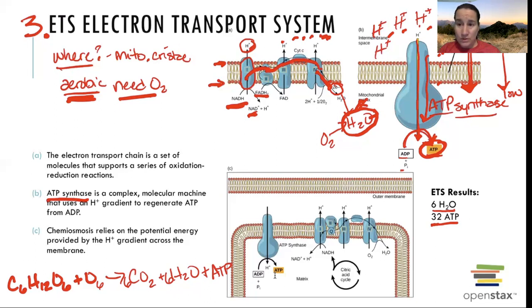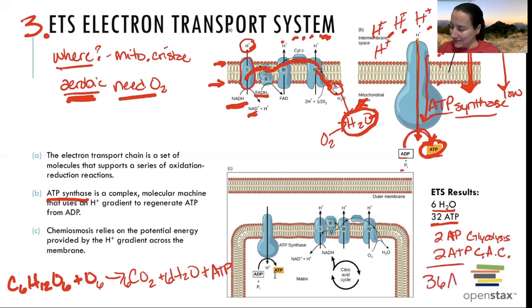So when we broke apart this glucose molecule and busted it up and ended up producing energy because we broke those bonds, we harvested that energy in a total of 32, plus the 2 ATP from glycolysis, plus the 2 ATP from citric acid cycle, gives us a total of 36 ATP